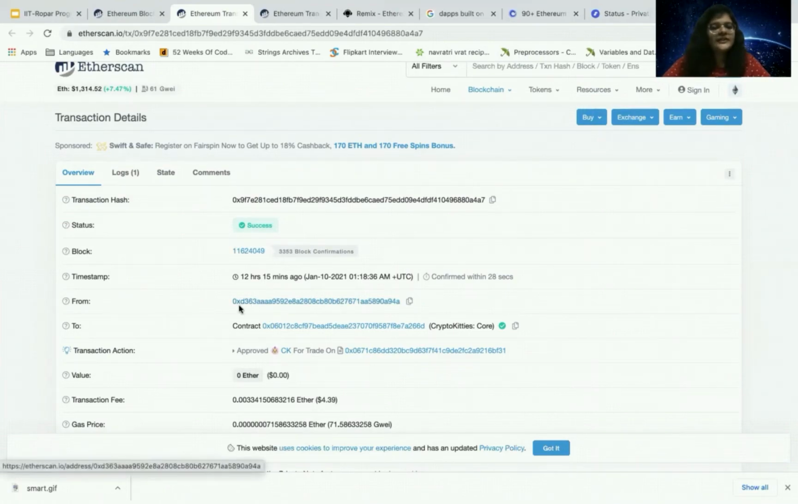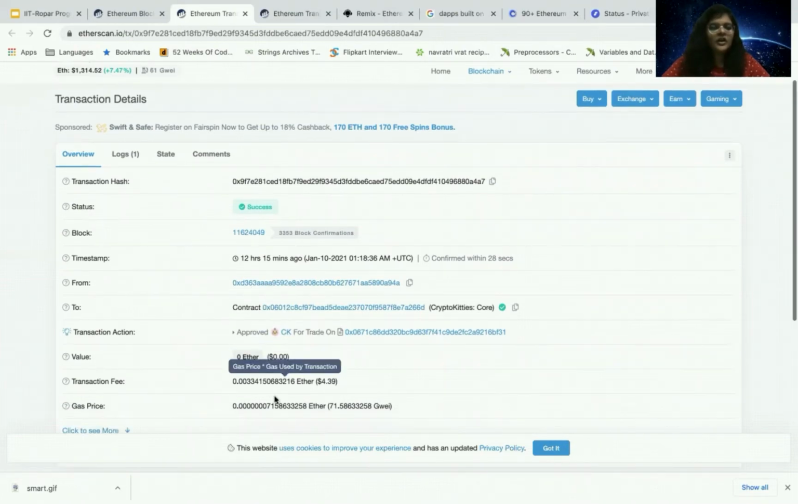So here you can see that the from address remains as an account address, and the to address is a contract address. I have chosen a contract which is a famous smart contract, or a famous dApp known as CryptoKitties, right? I'll show you that in just a bit. And I have chosen the core contract of CryptoKitties, to which some kind of